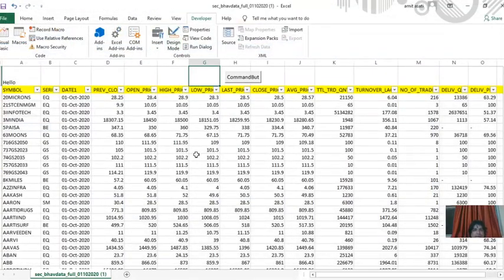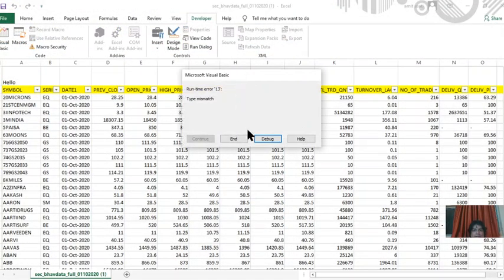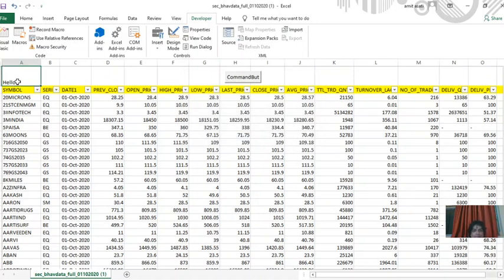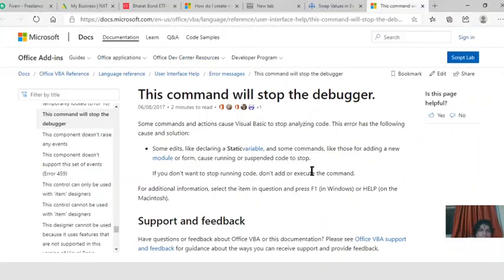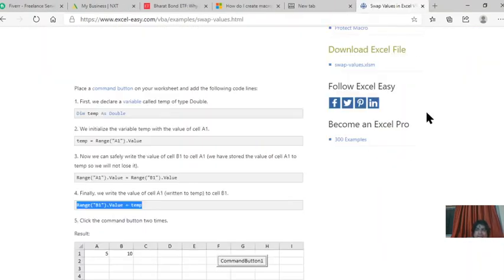Now designer mode is off, and a command type mismatch is coming. Sorry, now we will delete like this, and now use the... yes, it's working. I don't know what is happening, but it's working. Now again we will see that the support and feedback command will expand the debugger, and we can see how to apply code in Excel by using Visual Basic, and now we are using the macro, how to record the macro.